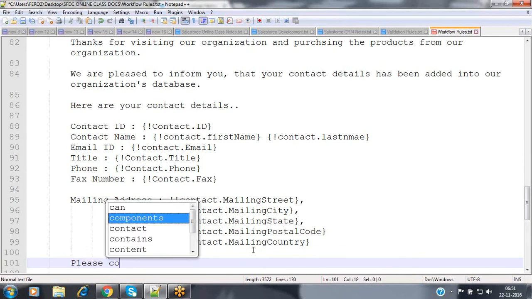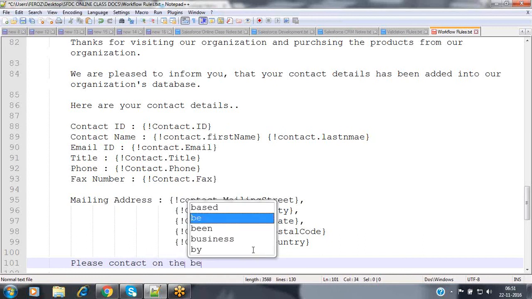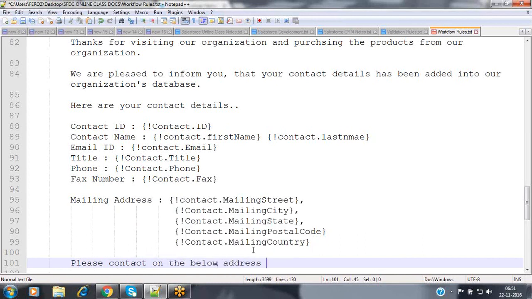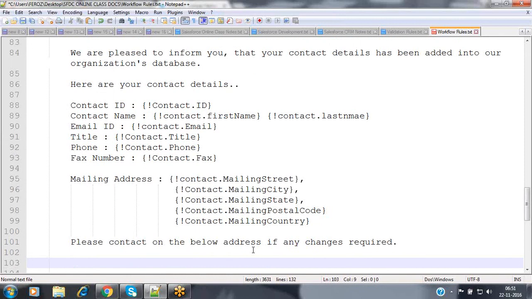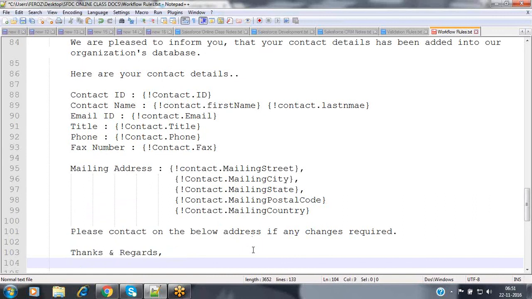Now, please contact on the below address if any change is required. So now we are specifying that. Thanks and regards. I want to specify the currently logged in user's information, user first name and the currently logged in user's last name.